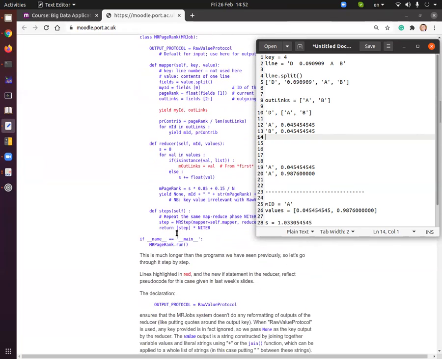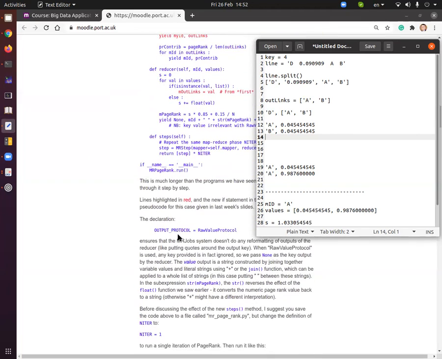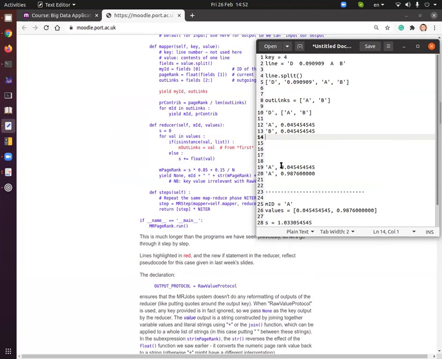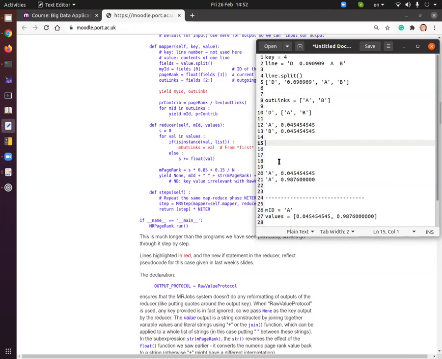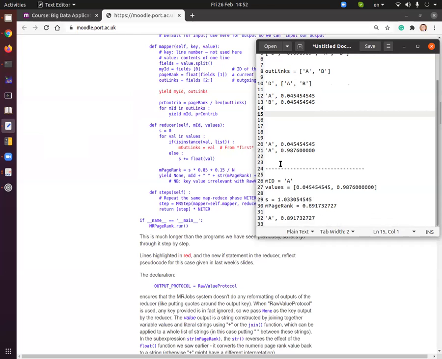Then we need to implement the reducer function. The reducer function should process two sets of pairs. The first set is, like before, the PageRank contribution pairs. So like before, for instance, for node A, this reducer